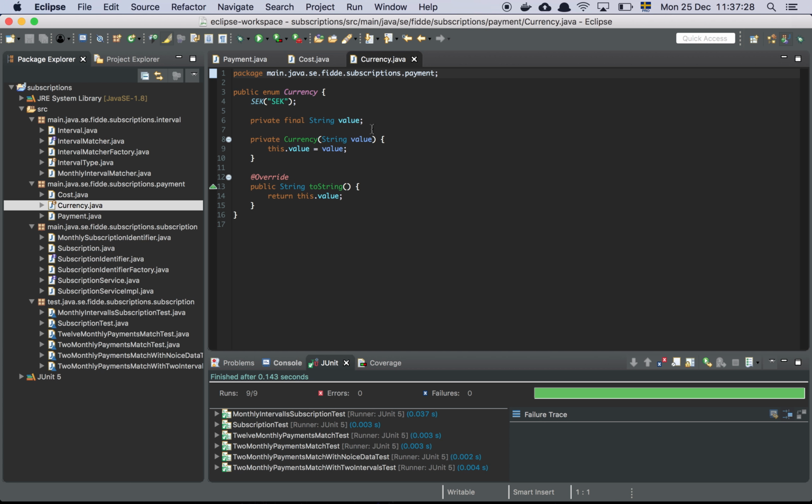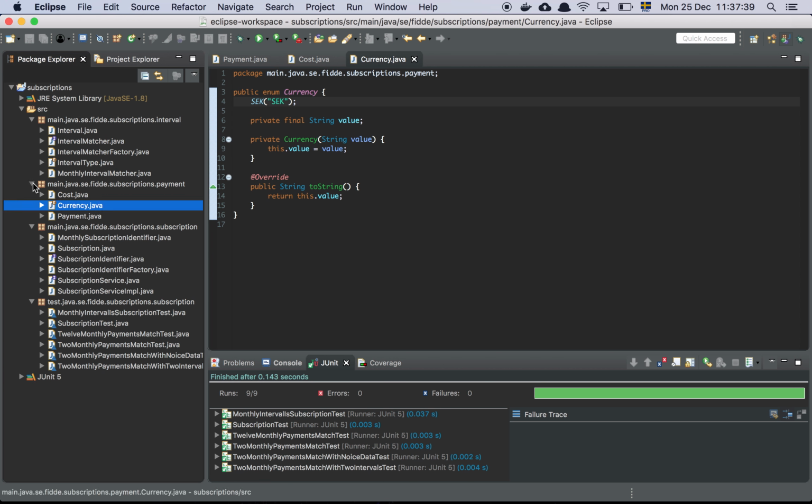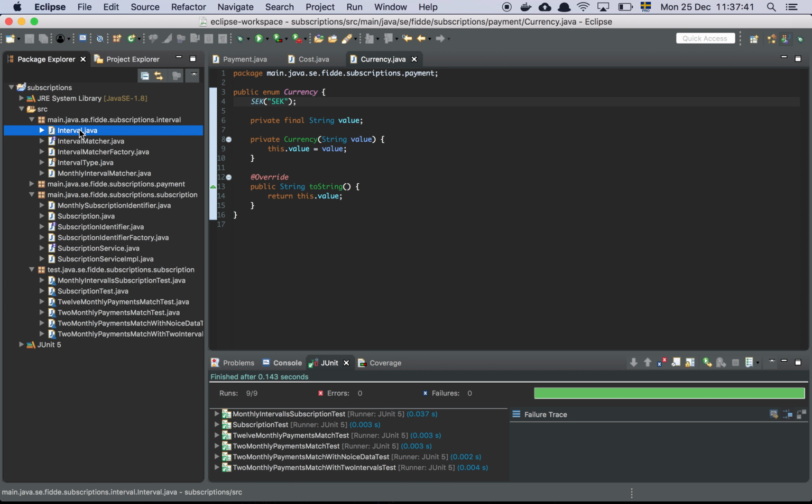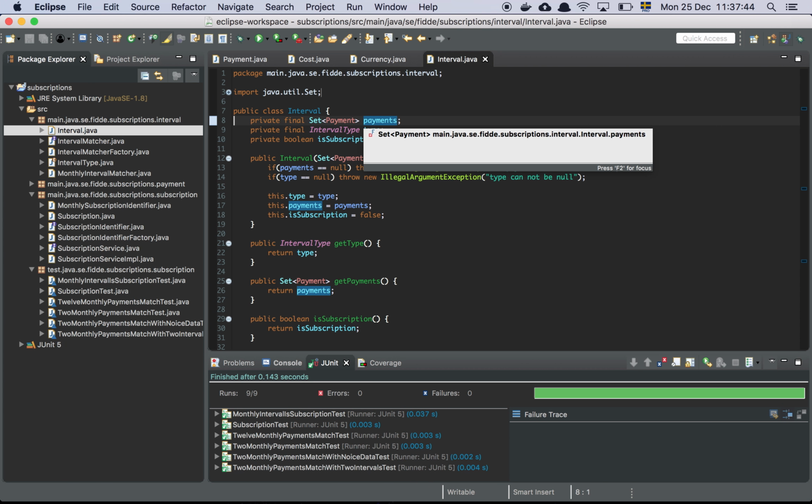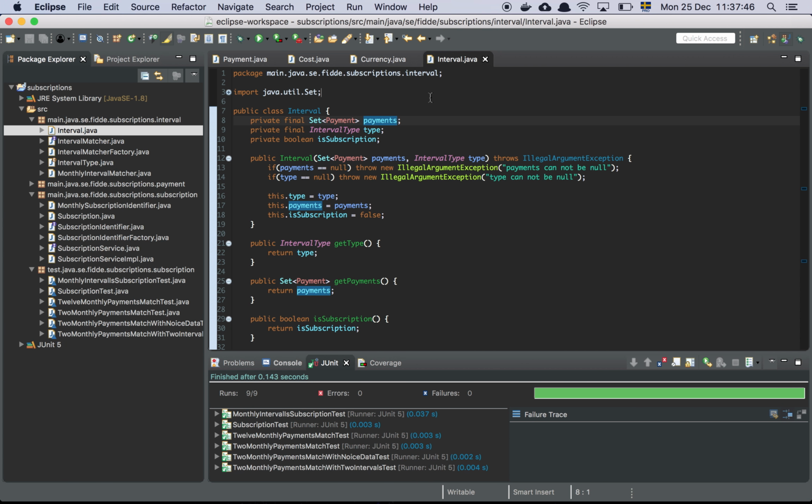Currency is a simple enumeration where we have one type of currency right now because we want to keep things simple for now. And that's basically what makes up a payment structure. Let's look at intervals. An interval is just a set of payments, and it has a type, and it has a boolean that we will set on it at a later date, when we have figured out if this interval is a subscription or not. We do some basic validation here, and then we instantiate our object,